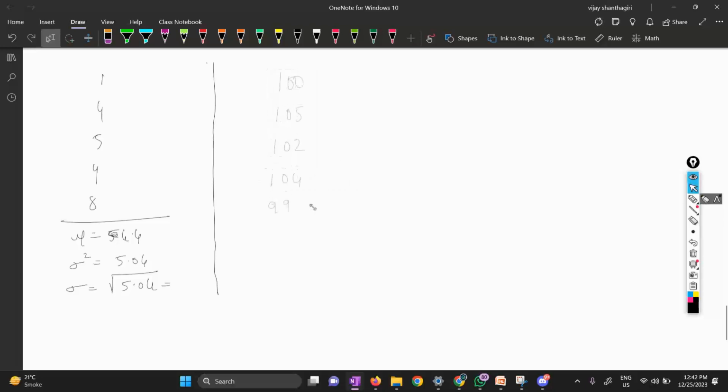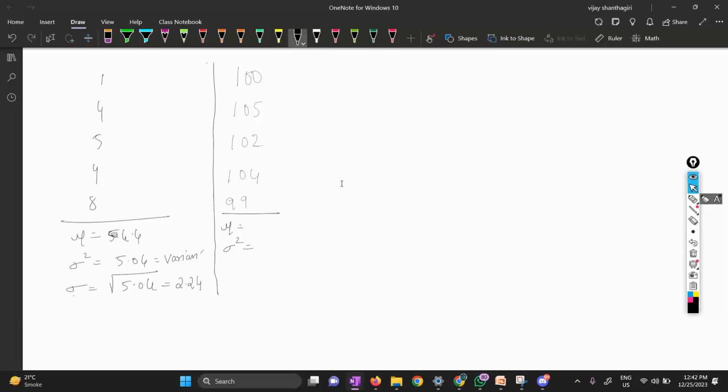Nobody is calculating the root of it for me. Yeah, so it is roughly around 2.2, sir. The square root of this is 2.24. Yes, now this one is called